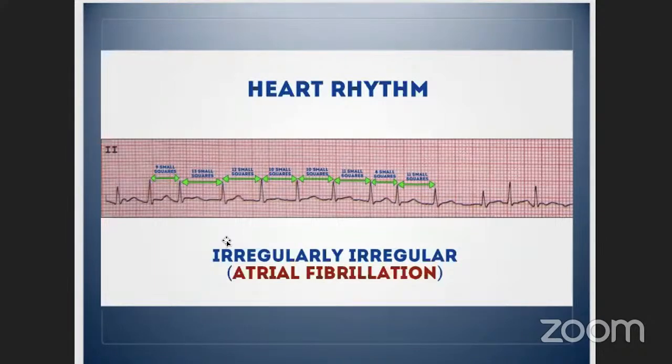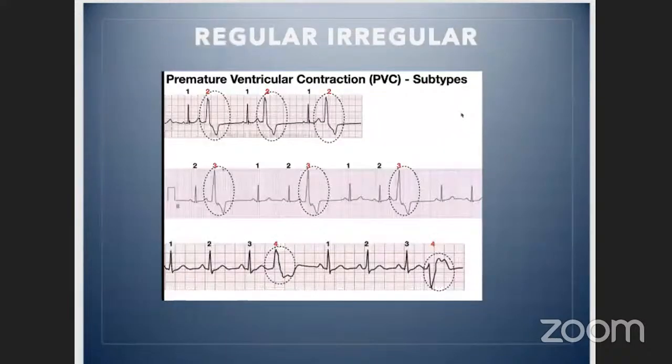The best way that we can assess this is what we call the line of 4. We take a separate piece of paper and draw 4 lines on that paper at each of the QRS complexes, and then shift that paper along. All of those complexes should still fall within those lines. That's the easiest way for us to assess rhythm and to determine if it is regular, a reliable test that is a lot more accurate than eyeballing it.